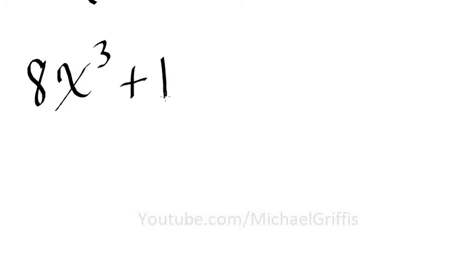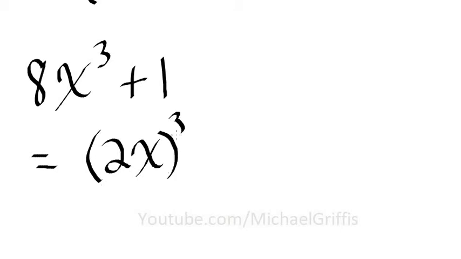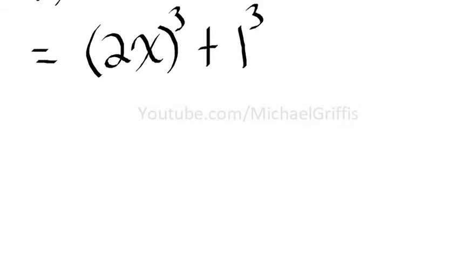Let's look at another one. Back to the difference of two cubes, and this is the sum of two cubes actually, 8x cubed plus 1. So this can be rewritten as 2x, right, that quantity cubed, plus 1 cubed. Now that we have it in this form,